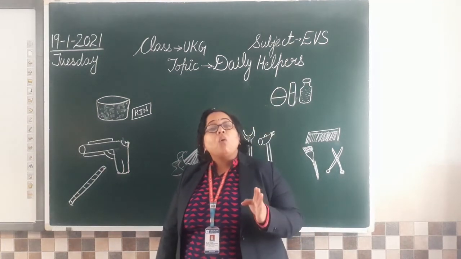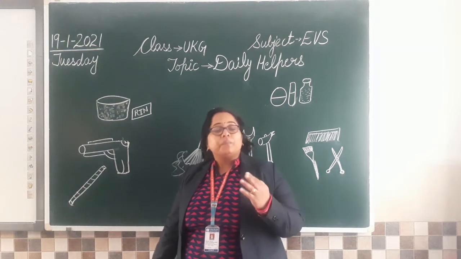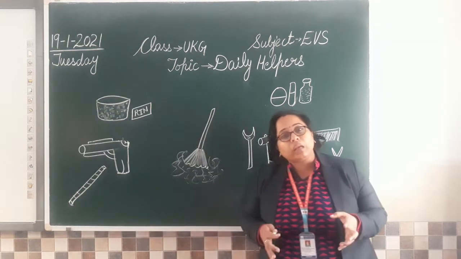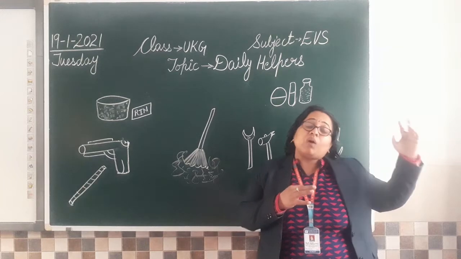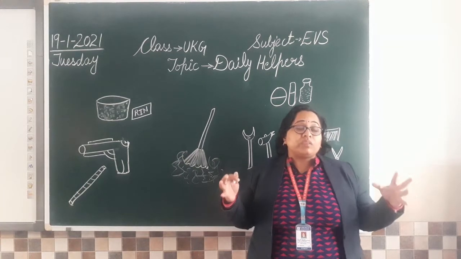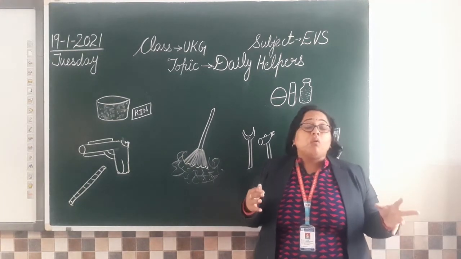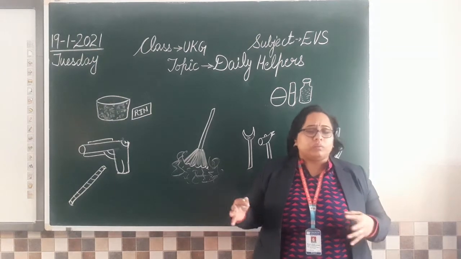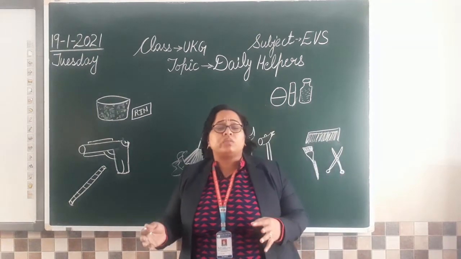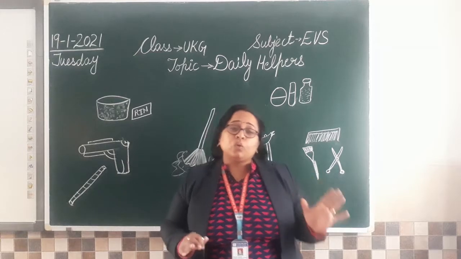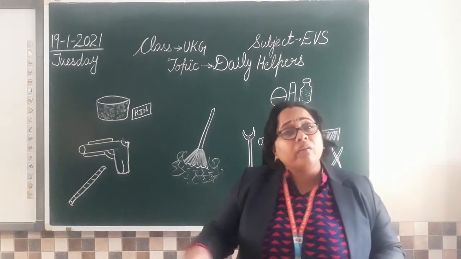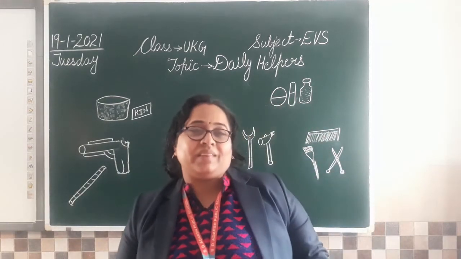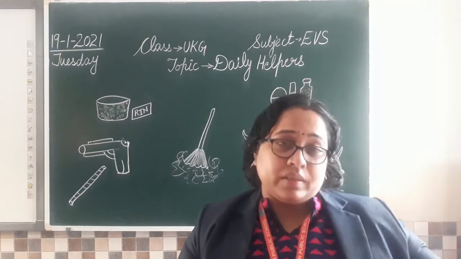We call them washerman. वो क्या करते हैं? They come, collect all the dirty clothes, they go to their place. वहाँ पे उनके पास बड़े-बड़े vessels होते हैं जिनमें water होता है, warm water, ठंडा water, whatever, depending on the clothes. और वो क्या करते हैं? उनको अच्छे से clean करके, iron करके वो आपको वापस करके जाते हैं. ठीक है? One is this.